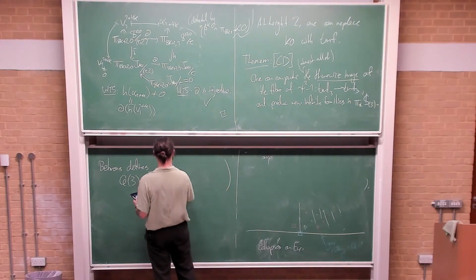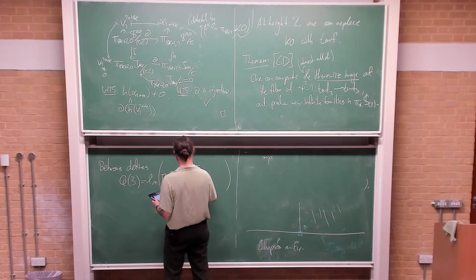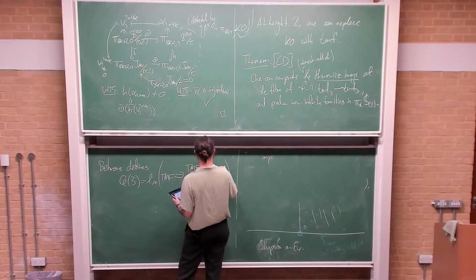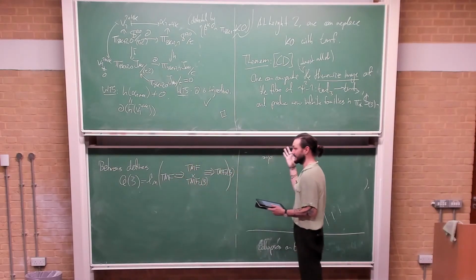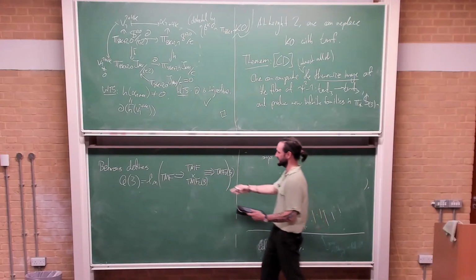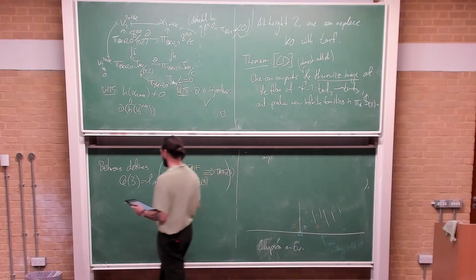We have TMF. You have TMF, and you put some sort of level structure here. And you have TMF with level structure. So just in the same way that an equalizer is like the 1 truncation of a cosimplicial diagram, this is like a 2 truncation of a cosimplicial diagram. And one thing,